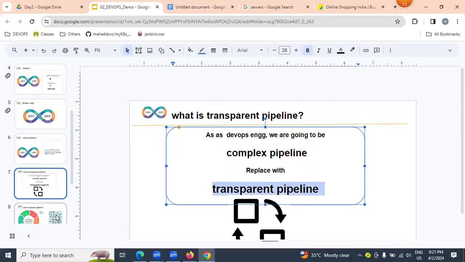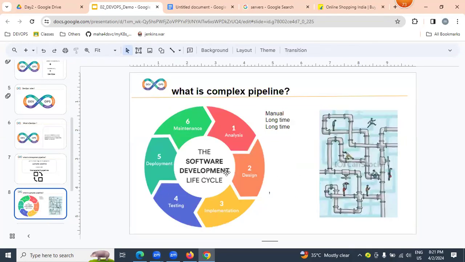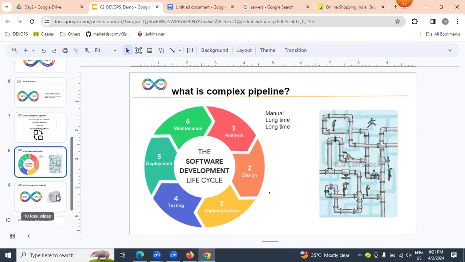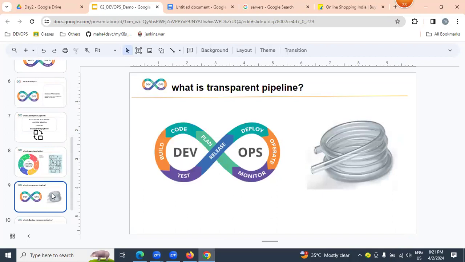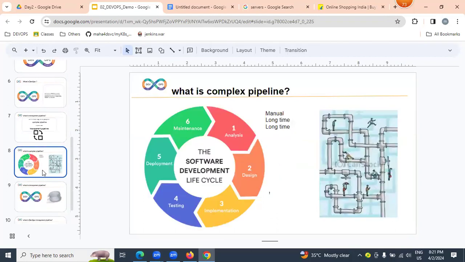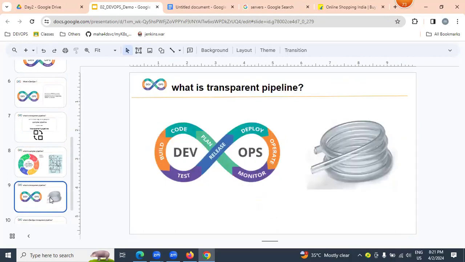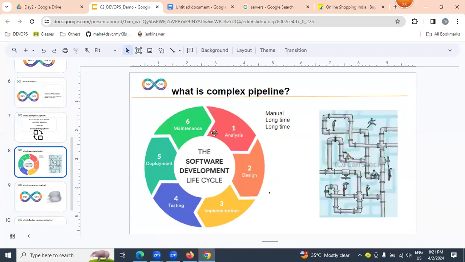So what exactly is a complex pipeline? Our SDLC is a complex pipeline. Our DevOps process is a transparent pipeline. Sir, why are we replacing the complex pipeline with the transparent pipeline? Because SDLC is a manual process.